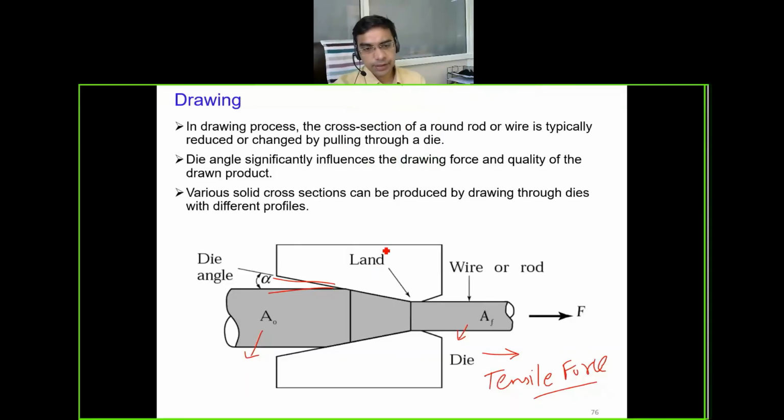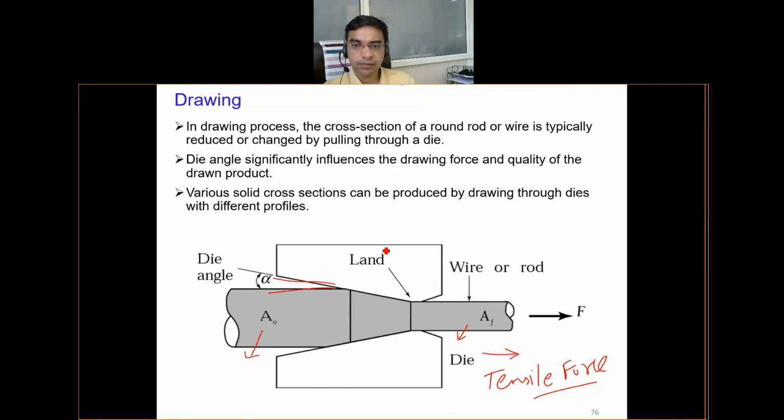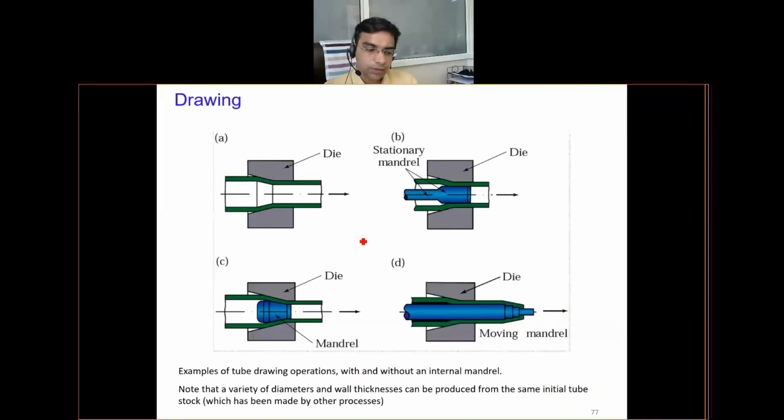So in the drawing process, basically what is being done is that the drawing process essentially reduces the cross section area of the product by pulling it through a die. You can see different configurations of the drawing process where we can produce even hollow tubes by using a specifically shaped mandrel in between. This mandrel is generally stationary, and the process can be executed with or without a mandrel in both the configurations.